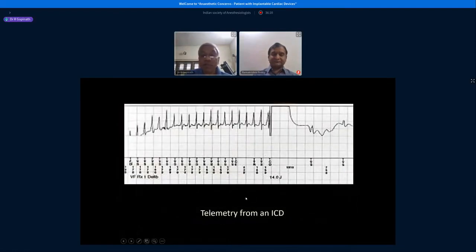This is telemetry data from an implantable cardioverter device. You will notice that there is a tachycardia. So there is a malignant dysrhythmia, a supraventricular tachycardia, where there is a P wave. The device delivered a 14 joule shock, and then you see some kind of rhythm being restored. This is the bradydysrhythmia that has happened after a tachydysrhythmia. So the device has functioned as an anti-tachycardia pacemaker, and now you have a bradydysrhythmia. The device should now kick off an anti-bradycardia function and start pacing at a fixed rate.